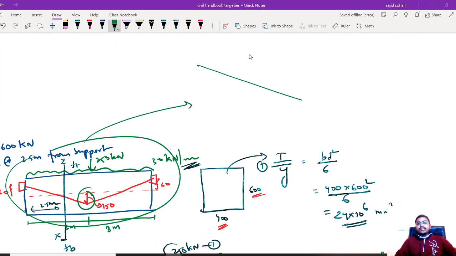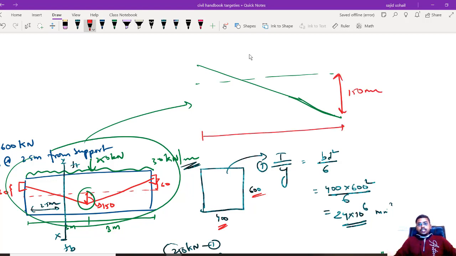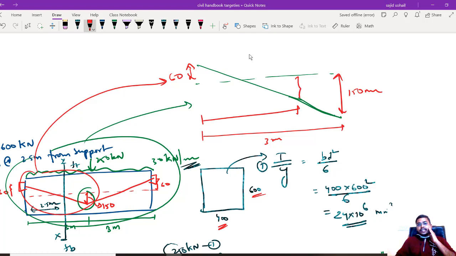I know what is the eccentricity. If, let us say here, it is 150 mm when I am considering a distance of 3 meters, right? And this was 60 mm. यही तो है ना. The first part of my string, if I am drawing it separately, it is something like this. All I want is what is the eccentricity. Sorry, what is this distance? Okay, what is this vertical distance in simple language? X. When my distance is 2.5 meters.